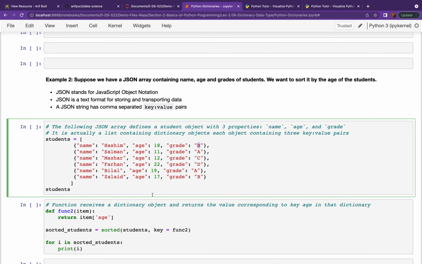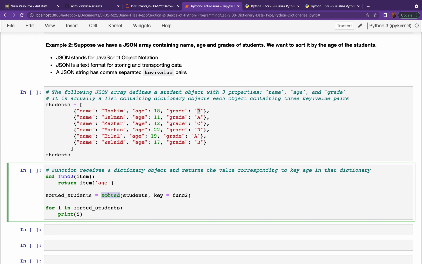So once again I'm using the sorted method. This sorted method is passing this list to this function func2. The first element of this list is passed to this function, then the second element is passed, then the third element is passed, and so on.